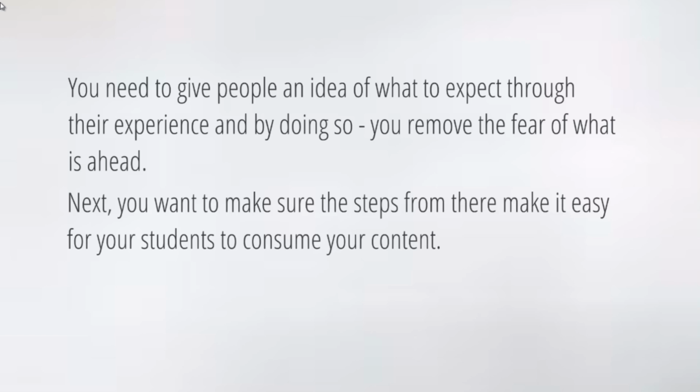Next, you want to make sure that these steps from there make it easy for your students to consume your content. So like I previously mentioned, maybe you have the welcome video, and then after that, you have maybe a checklist that they can download, and whatever else will make it easier. So in other words, you don't have to necessarily make more videos besides the first introduction video, but you want